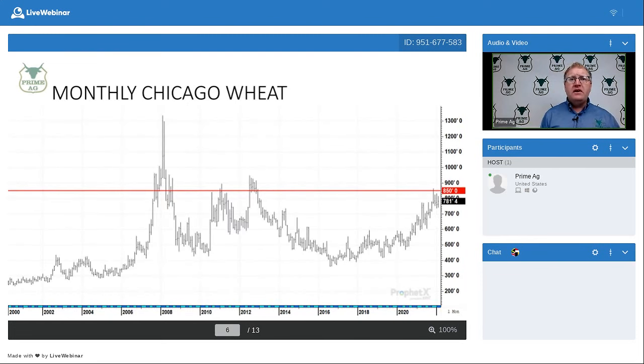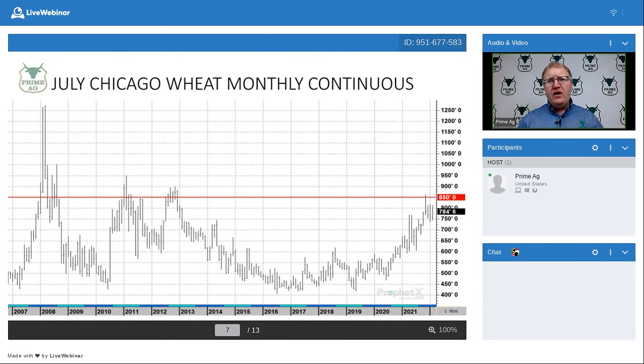When we get over to the wheat market, here's monthly Chicago wheat, and we have the horizontal line at $8.50 a bushel there. You got to get back to the big rally in 2008 before we push much further than that. When we look towards new crop July Chicago wheat, I also have that line in here at $8.50. I probably should have lowered it down to $8. But again, when we near this level in here right now, historically the markets have peaked out unless you got that next major bullish story. I don't know if the Russia-Ukraine conflict is enough right now in the wheat market to be that bullish catalyst. That's why we think some sales have got to be warranted